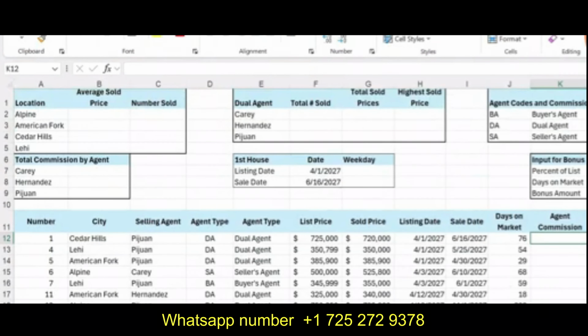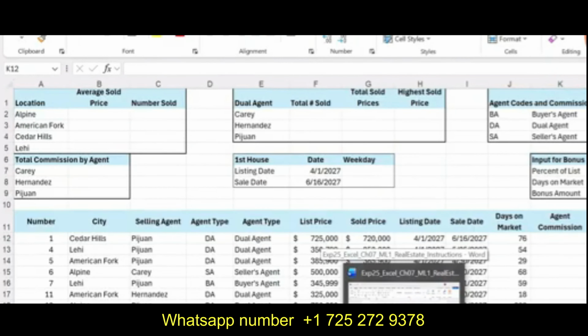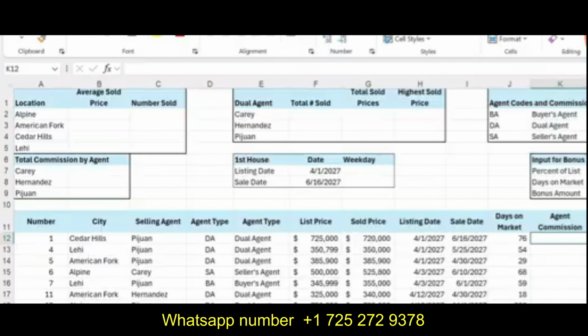Agent codes are given in here. So for BA, the agent commission is 2.75, for DA the agent commission is 5.5, for SA the agent commission is 3.25. So we are going to calculate the agent commission in cell K12 based on the agent codes given here.